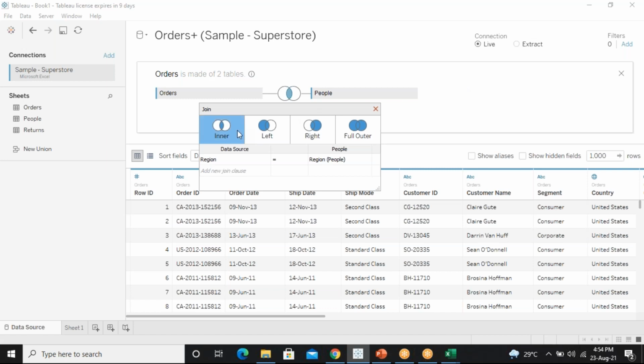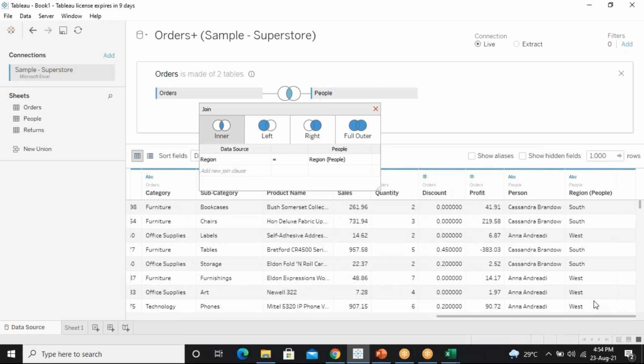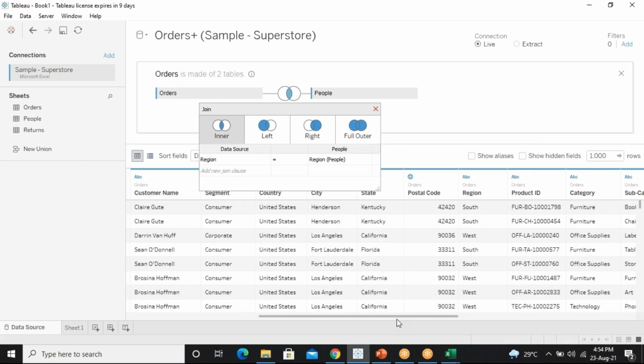Okay, inner join, if I click, see I'm not getting any differentiation. Some difference is coming, but I couldn't find out what the actual difference is, because I'm having more records here. So this is the left join, and this is the right join, and this is full outer join.